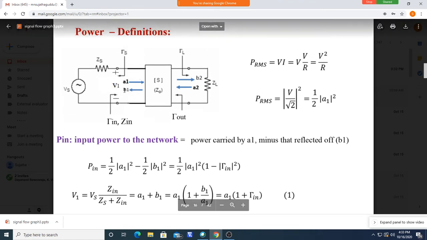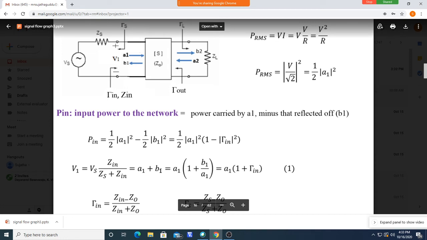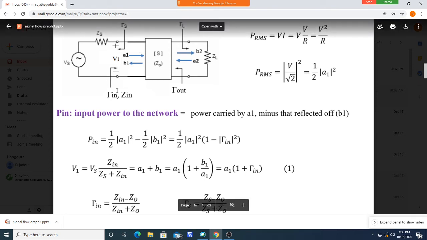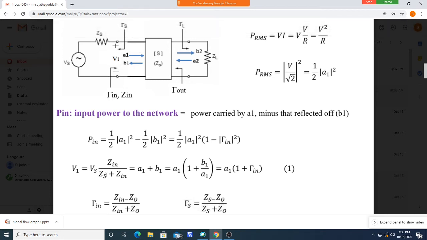Okay, what is this V1 actually? It is A1 plus B1, and it is also given by, as in low frequency, what is this V1? It is a voltage drop between these two terminals. Let the impedance between these two terminals be equal to Zin. This is Zin. How do you get the voltage here? Here, that is the current flowing here multiplied by the impedance Zin. Okay, assuming there is an impedance equal to Zin. So the voltage between these two terminals is given by current multiplied by Zin.